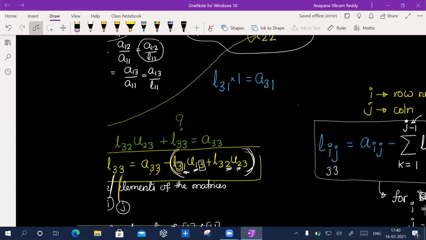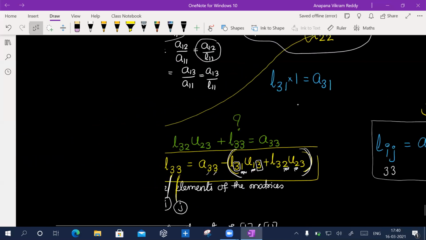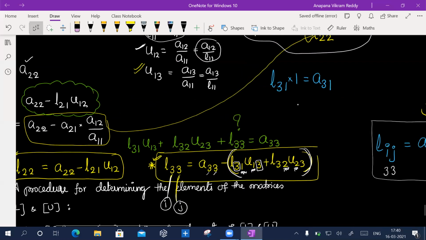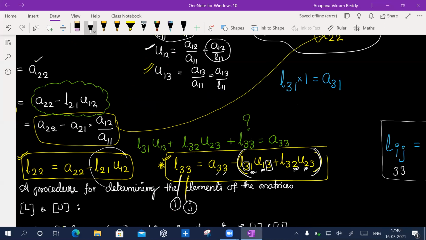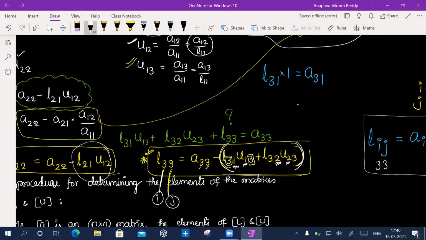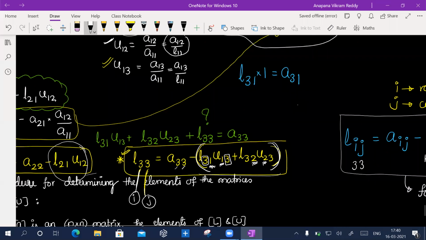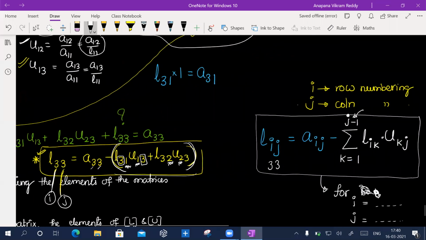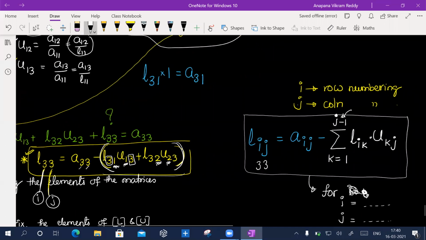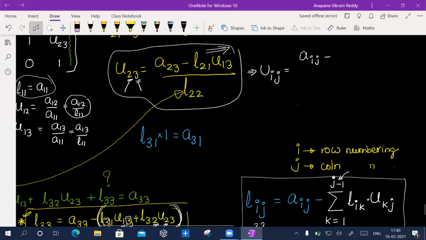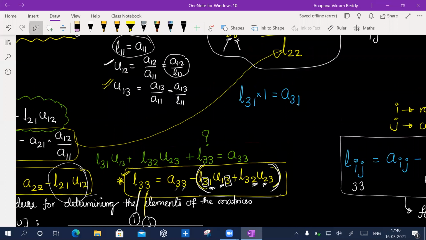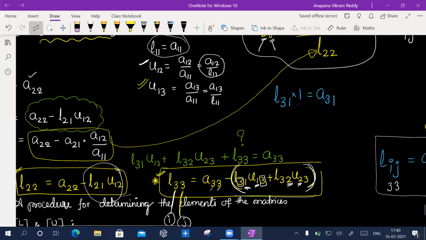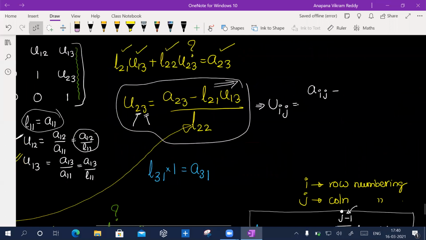For example, you see L22 is equal to A22 minus L21 U12. This got expanded to this form, L31 U13, all those things, and then we started taking a summation here. Similarly, you have L21 U12, you have here L21 U13.